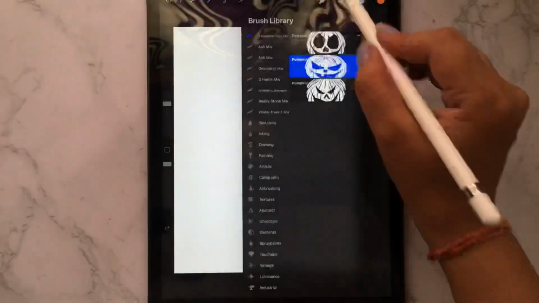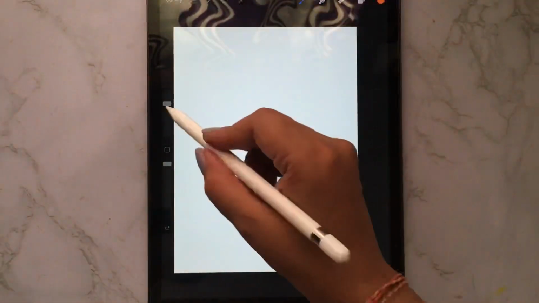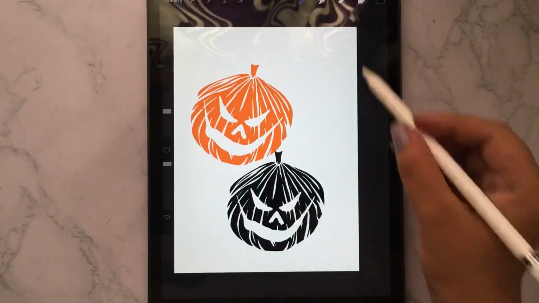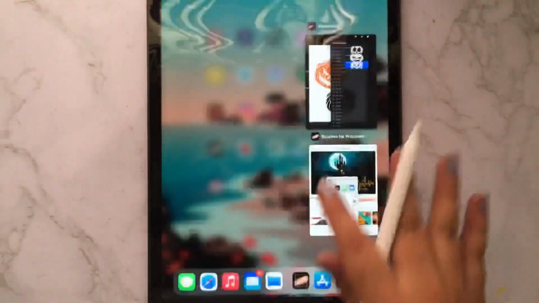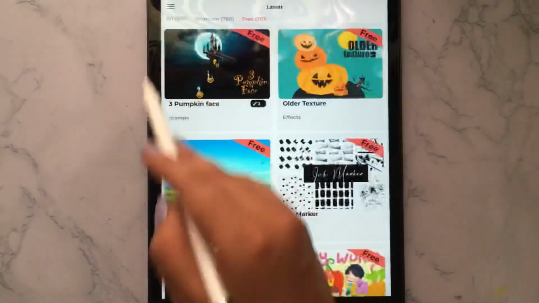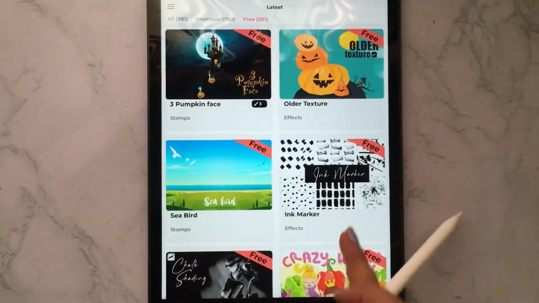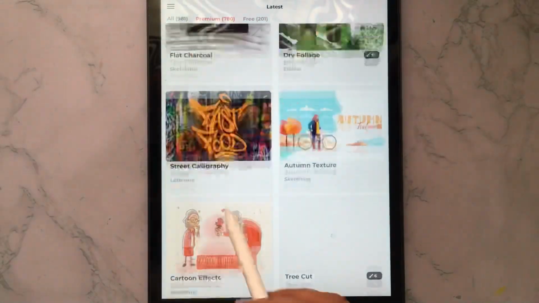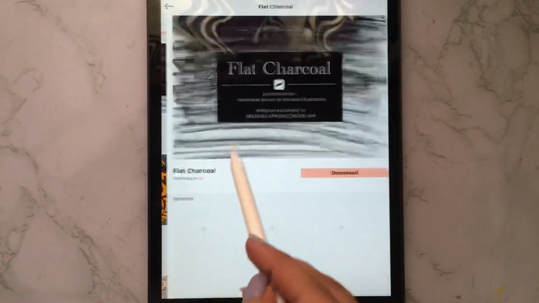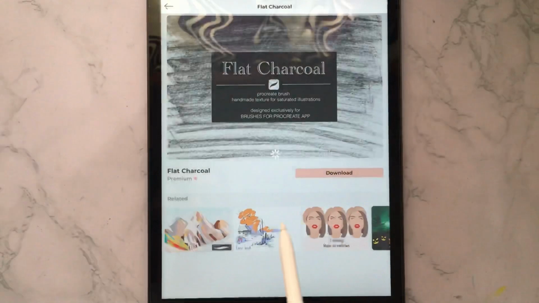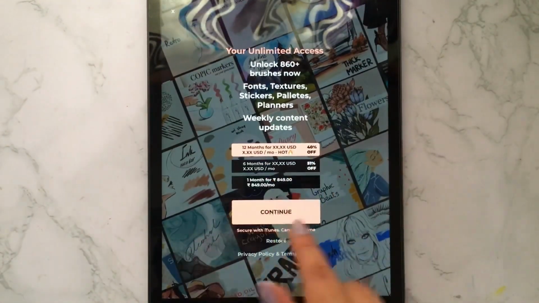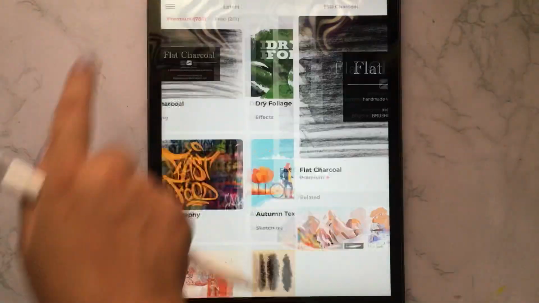It is good for making a Halloween kind of sketch. So you can also import many brushes from this app. Also you can go to premium and purchase this brush. Go to download, and then you have to purchase it from there.